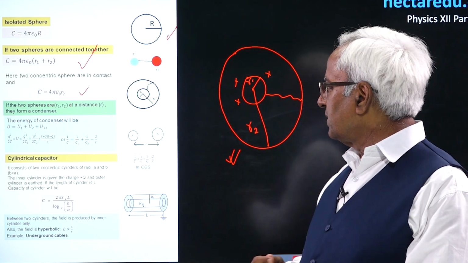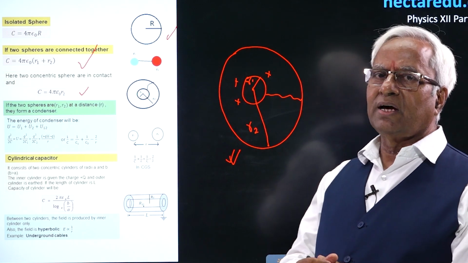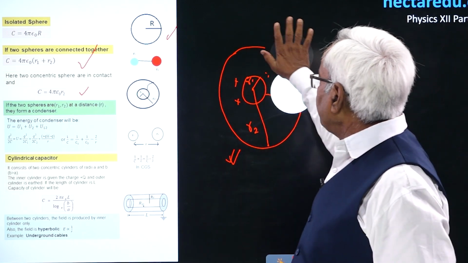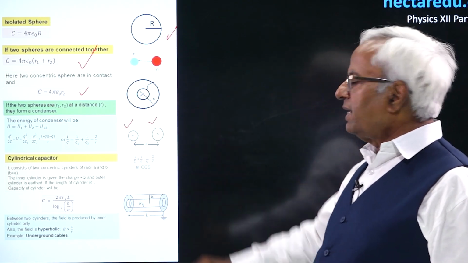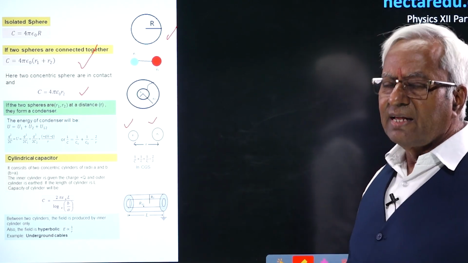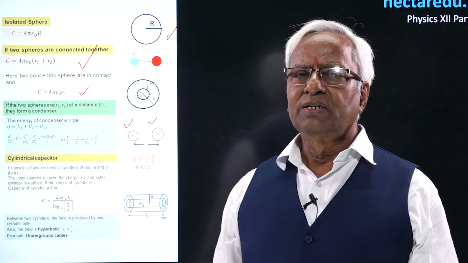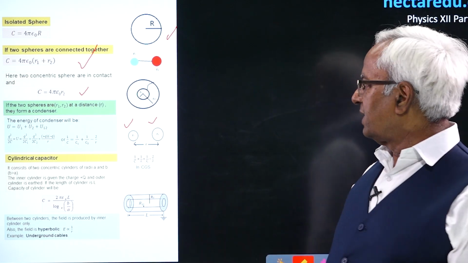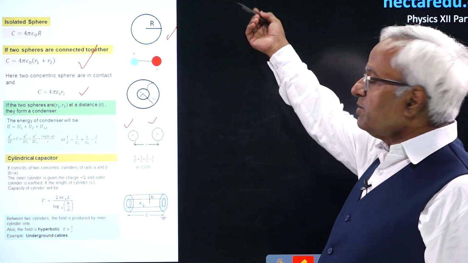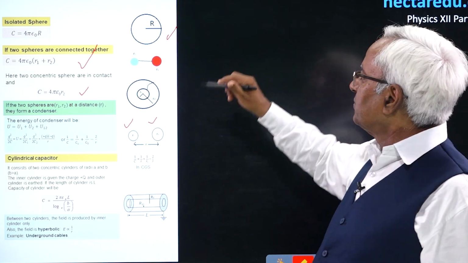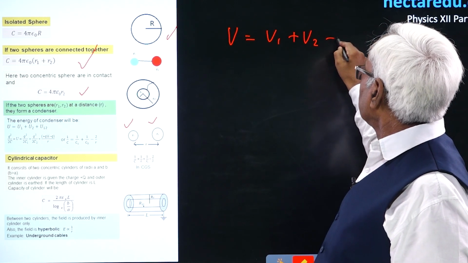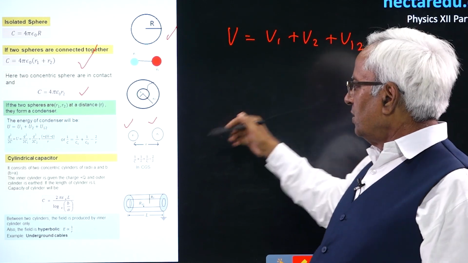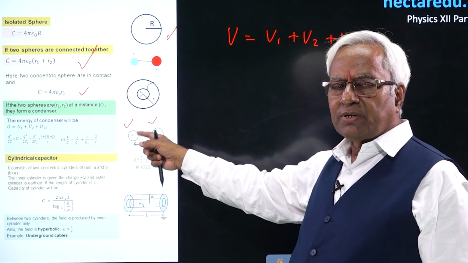Now, one very special case when there are two spheres of radius R1, R2, and they are at a certain distance from each other as shown over here. In that case, they are like a condenser. You won't say spherical condenser, they are like a condenser. Now, on the basis of their energy consideration, you could write U1 plus U2 plus U12. You see, it will have separately potential energy,